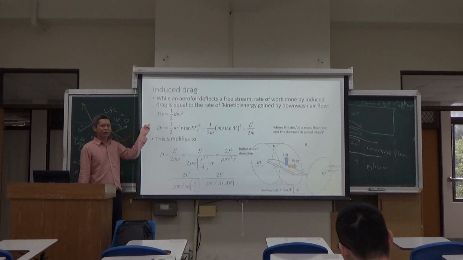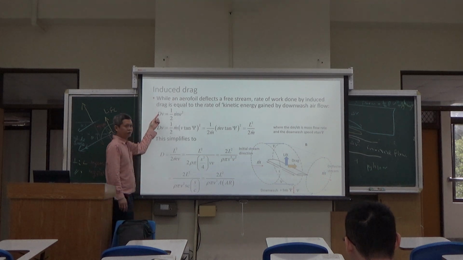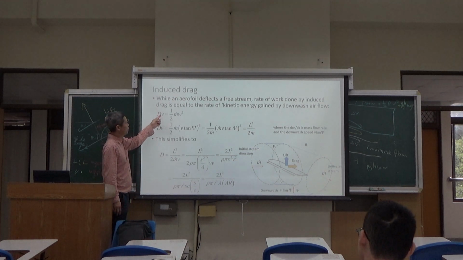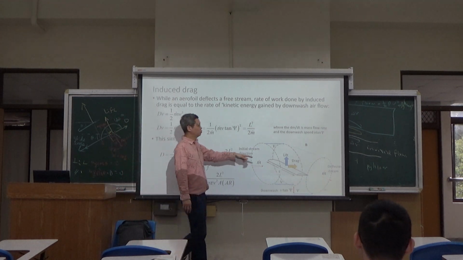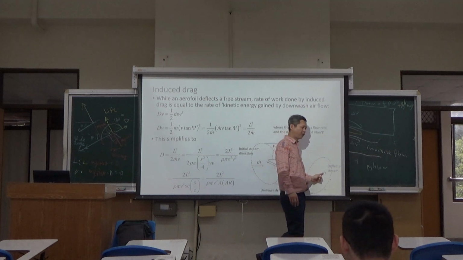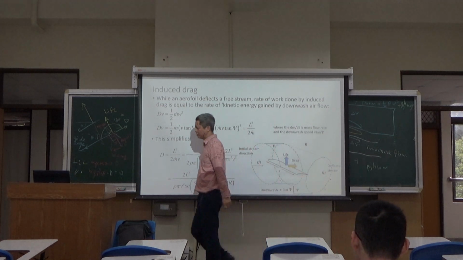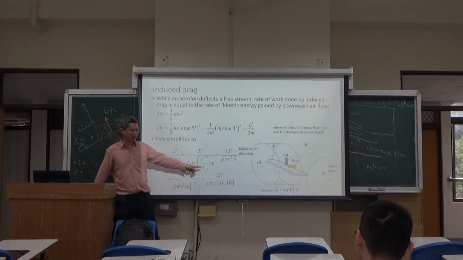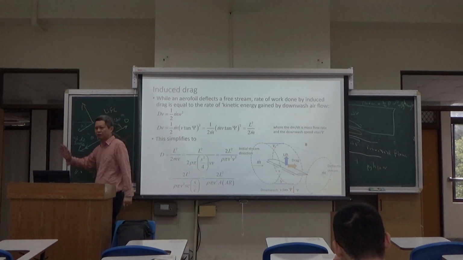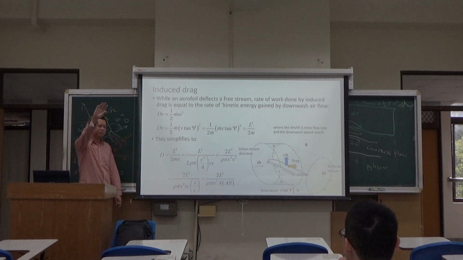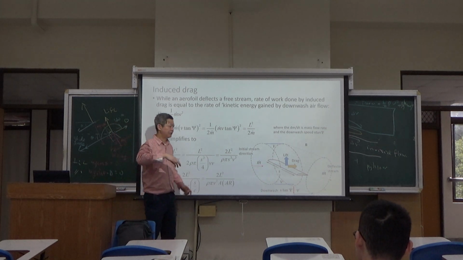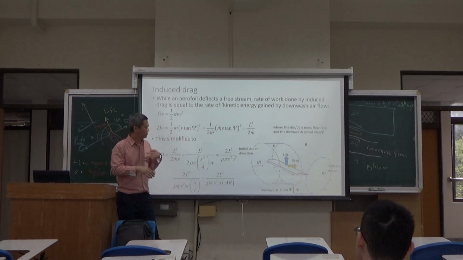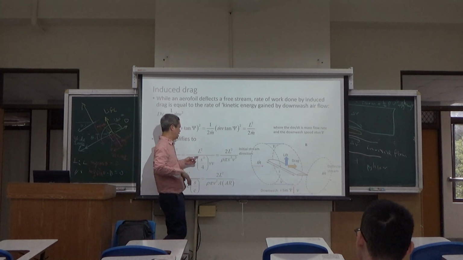The drag force can be calculated by the work-energy method. This drag force times velocity is equal to half the mass flow rate times the downward velocity squared. So in this case, the drag force can be related to the lift force. So you see, when you push the airflow downward and generate the reaction force as lift, at the same time you also